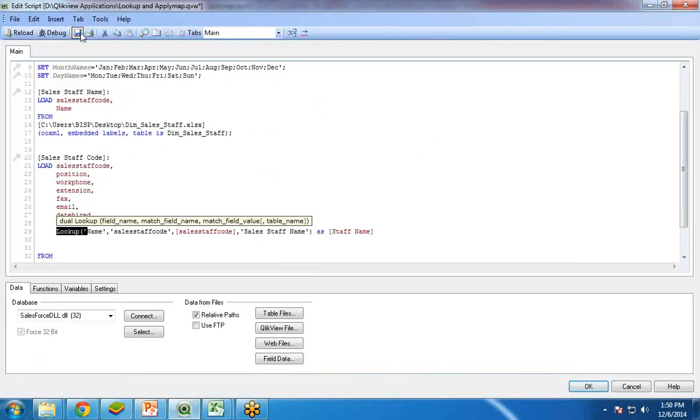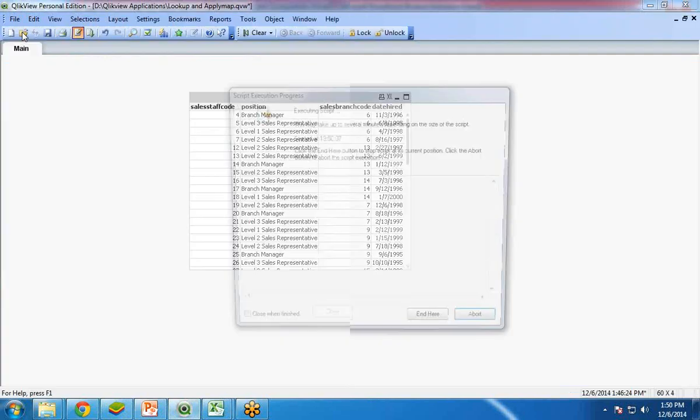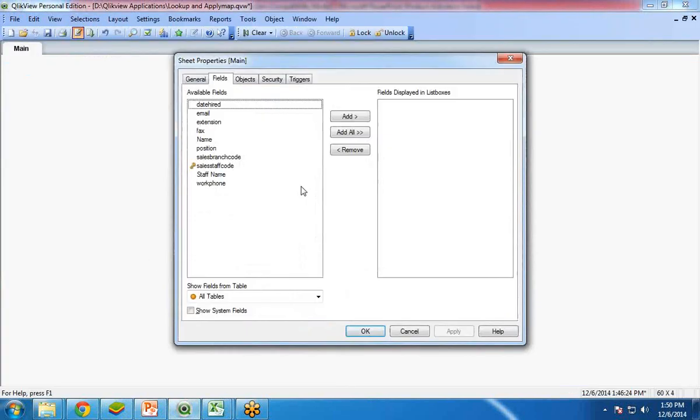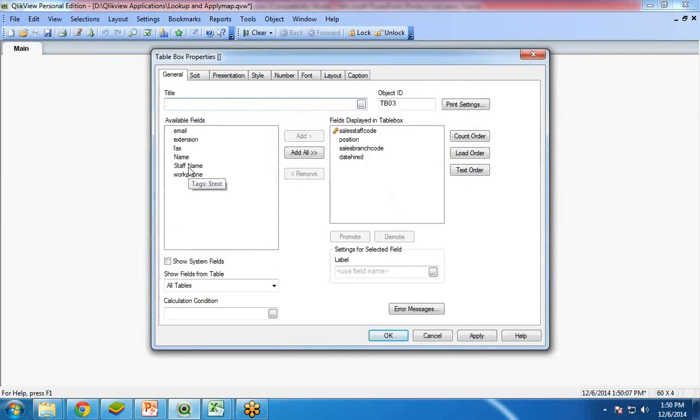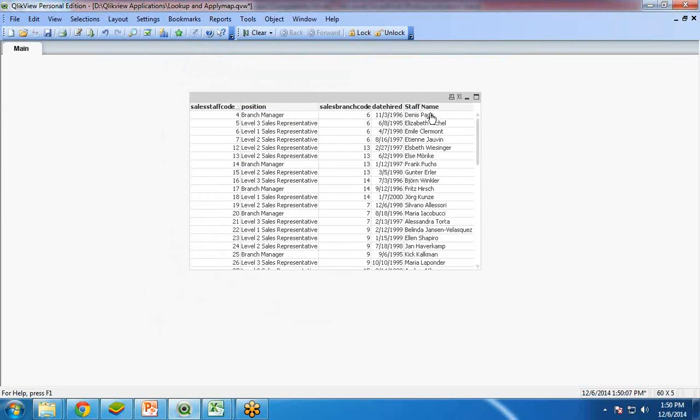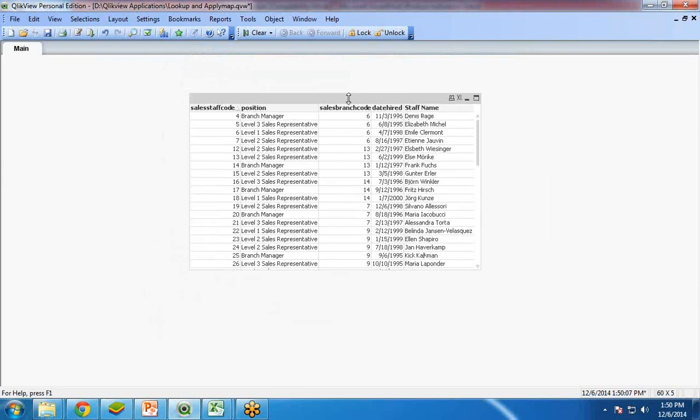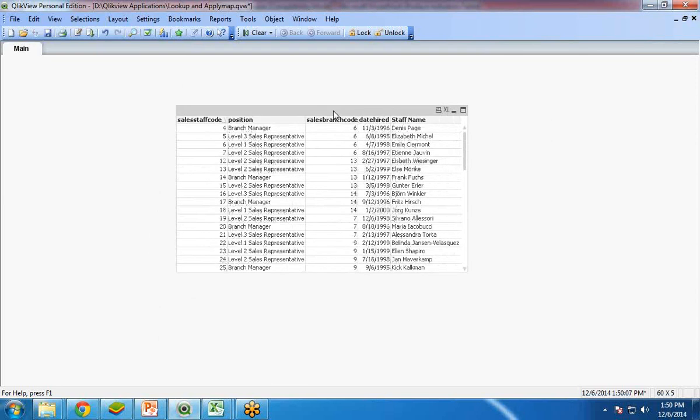So let me save this and reload this. And now if I right click over here, I have got a new name, staff name. I can add this and it will display the associated staff name. But there is an error over here. The error is,